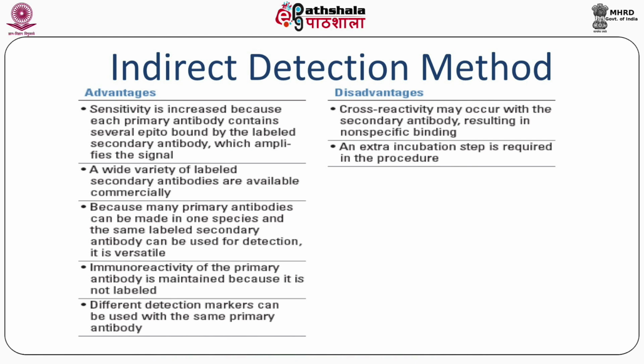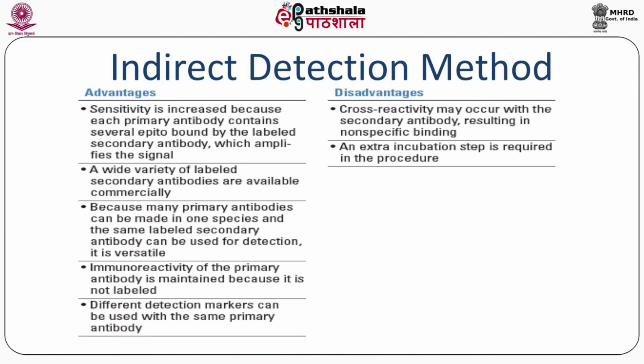And there is an indirect method where you have the primary antibodies, then you have the secondary antibodies, and then you are actually detecting it, because the secondary antibody is conjugated to the enzyme. So, what is the difference between these two? The advantage of the direct method is that it is much faster, because you do not need the incubation for the secondary antibody, but at the same time there is a disadvantage: every primary antibody has to be labeled with a particular enzyme like HRP or something like that.